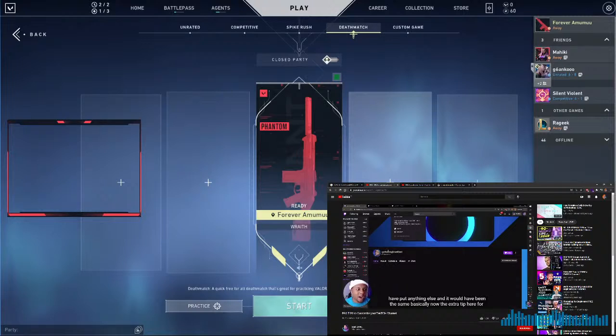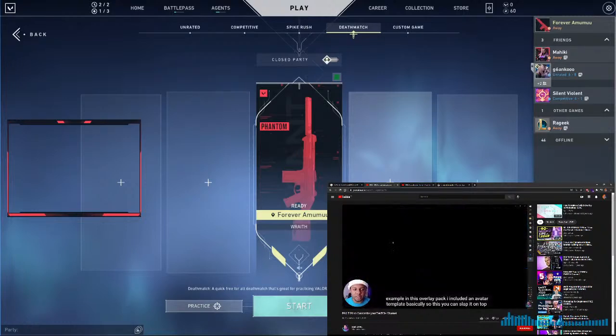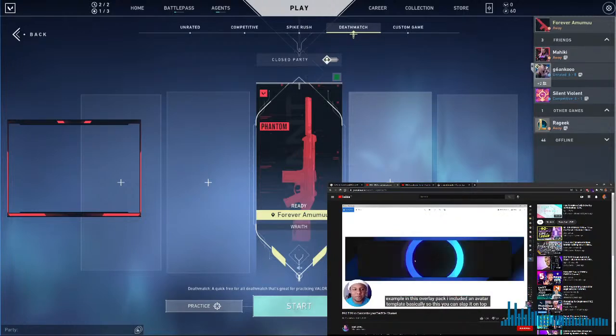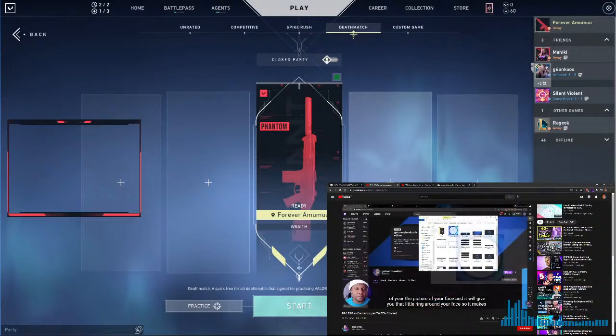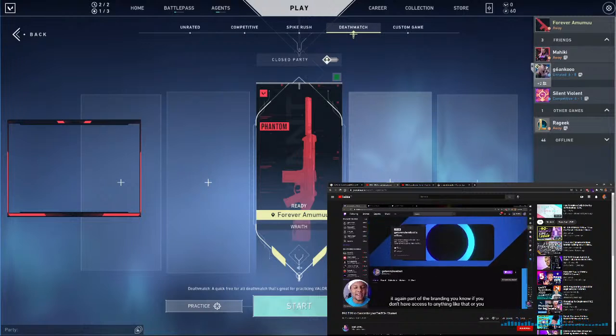Now, the extra tip here, for example, in this overlay pack, I included an avatar template basically. So you can slap it on top of the picture of your face, and it will give you that little ring around your face. So it makes it, again, part of the branding. If you don't have access to anything like that, or you make your own graphics, you could probably add a filter that correlates with the colors of your branding, making your, like,